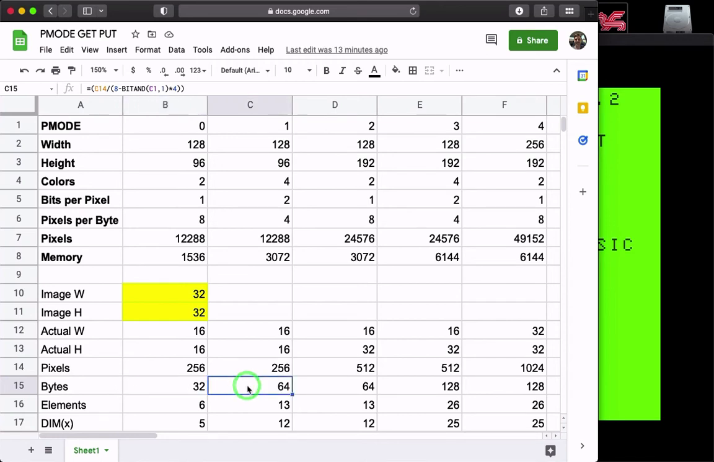In the 4 color modes, I can fit 4 per byte, so it takes twice as much memory, and that's what you see as we progress up the resolutions. Then to get the number of elements in an array it will take, which is something for the get and put videos, I simply divided the number of bytes by 5, added 0.5 to it to round it up, turned it into an integer,